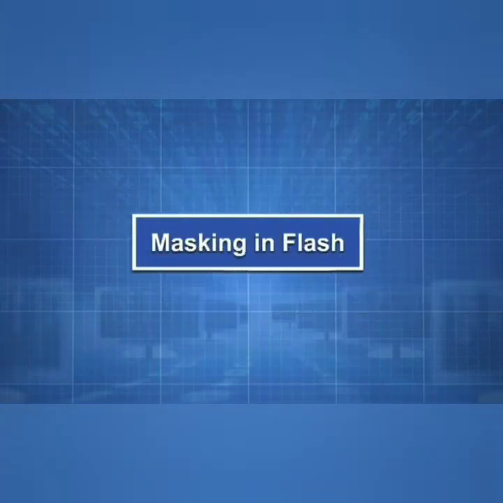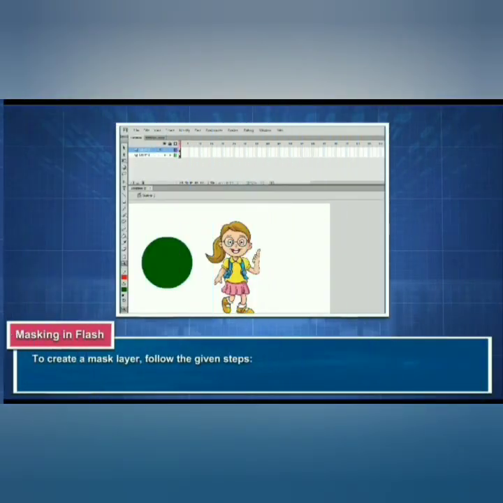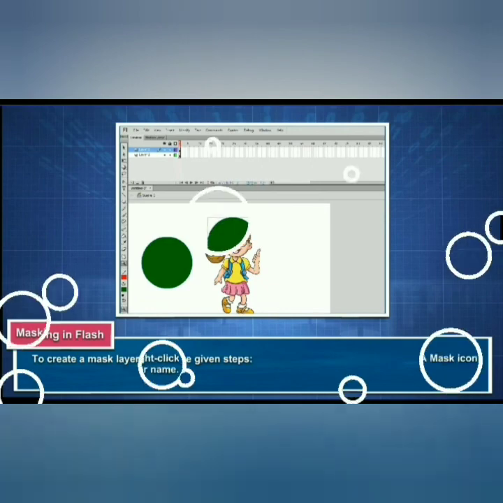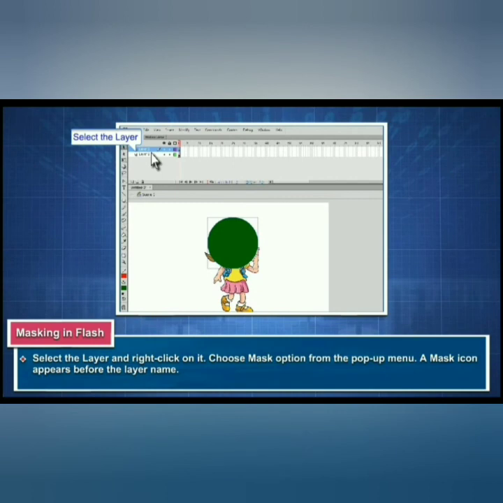Next is masking in Flash. How we can do masking in Flash. To create a mask layer, follow the given steps. What are the steps? Let us study. Select the layer and right click on it.